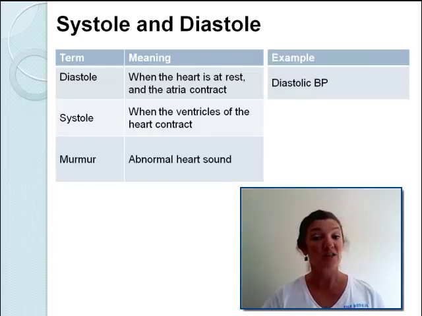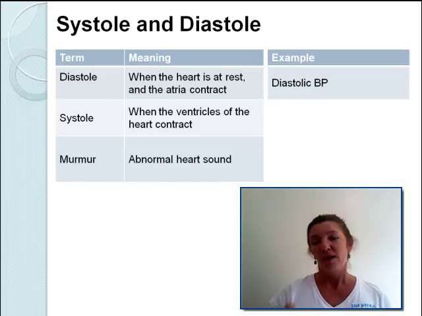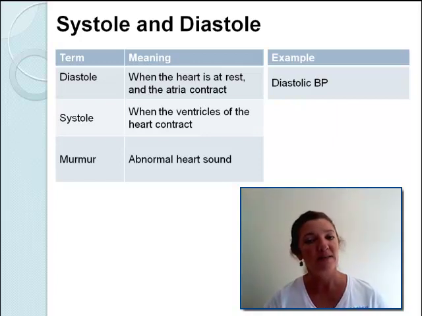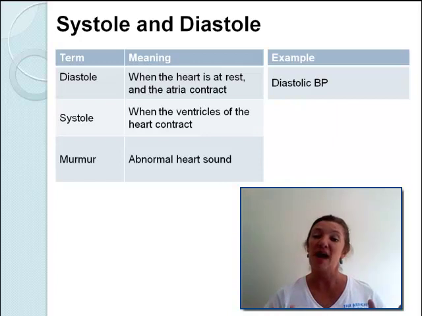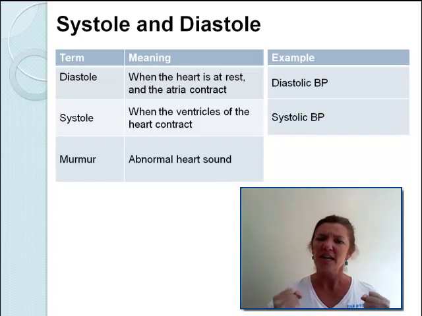So a diastolic blood pressure. BP stands for blood pressure. So diastolic blood pressure is the blood pressure when the system is at its most relaxed. So the heart is at rest and the ventricles are filling. Whereas the systolic blood pressure is when the heart is working at its hardest, the ventricles are contracting and pushing